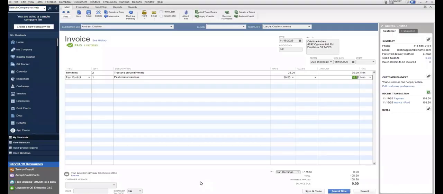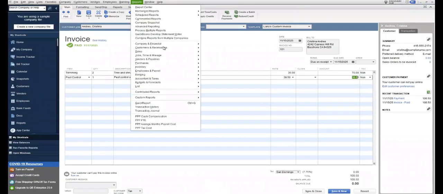All right. So the purpose of this video is to share with you some of the differences in what you're going to actually see when you do a GL detail migration versus a subledger migration. And what we'll look at is how the information shows up in the GL in Intacct versus the subledger in Intacct. So we'll start here with a QuickBooks system, and we're going to actually take a few different reports and